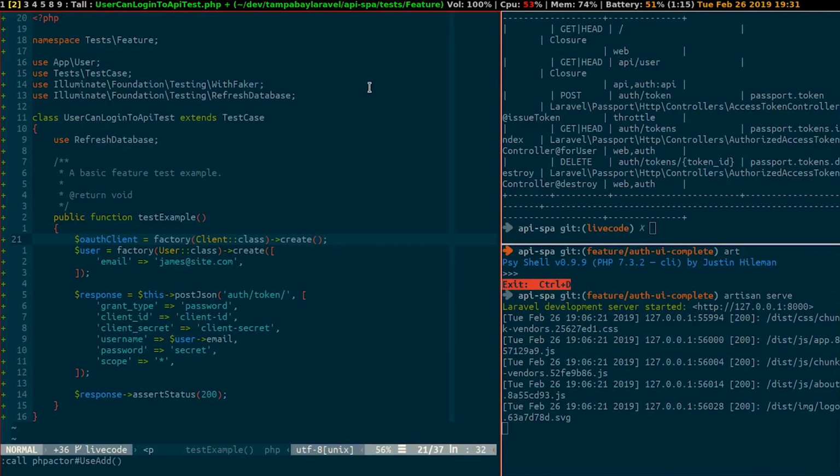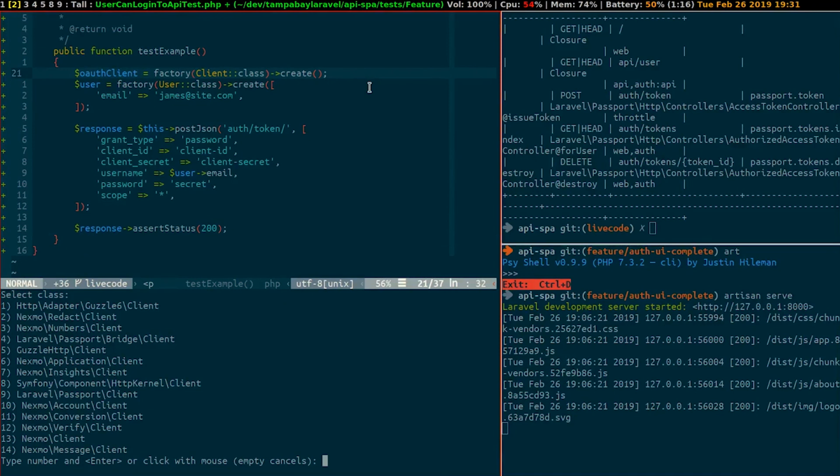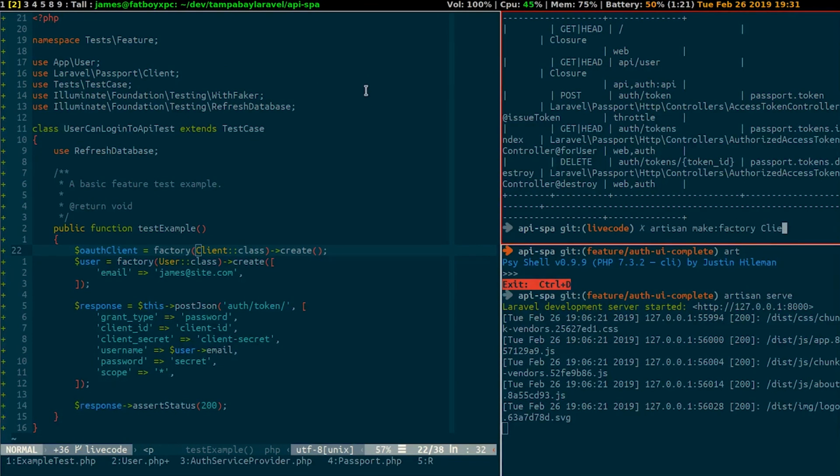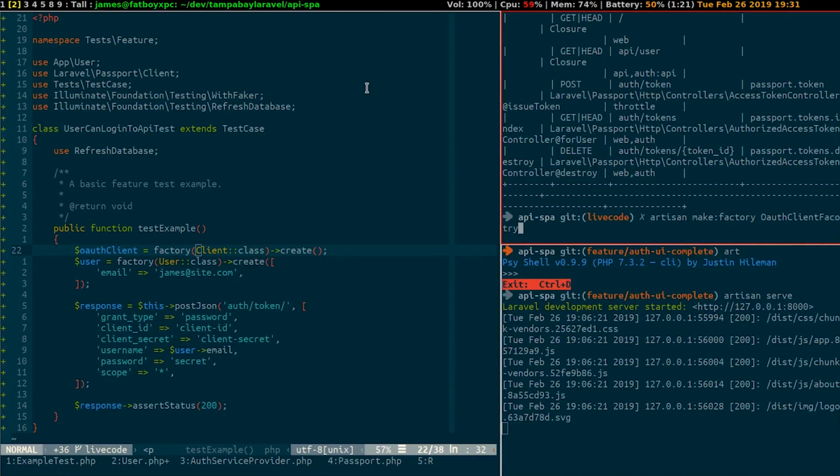And this guy, this will be a passport client. So that's 9 on the list. So we can go back over here to the top right and run artisan make factory, client, OAuth client factory. The reason I chose the word OAuth is because if we were to look at our schema,